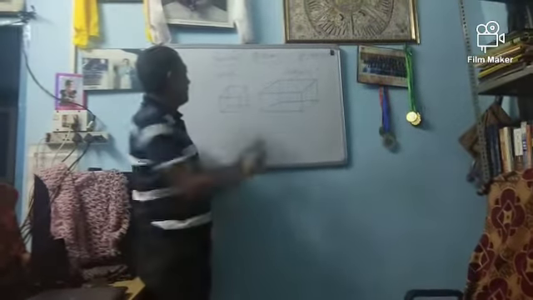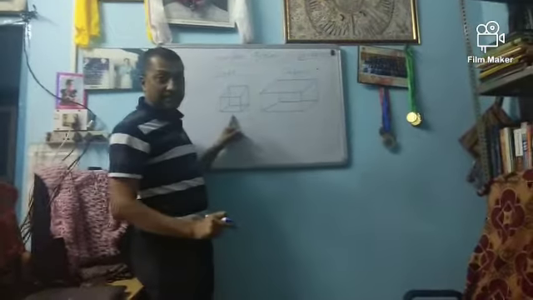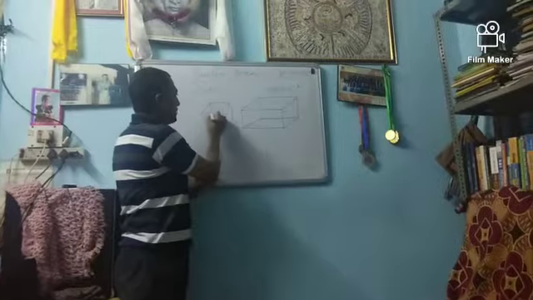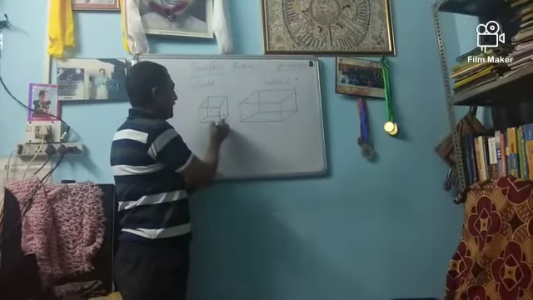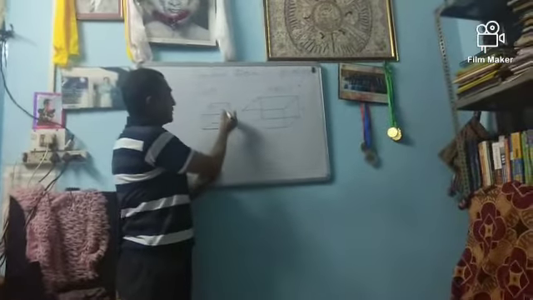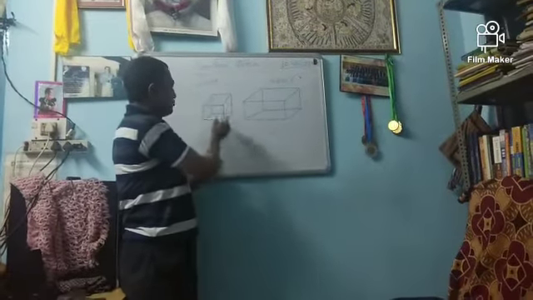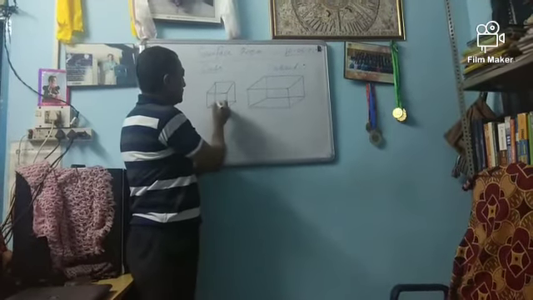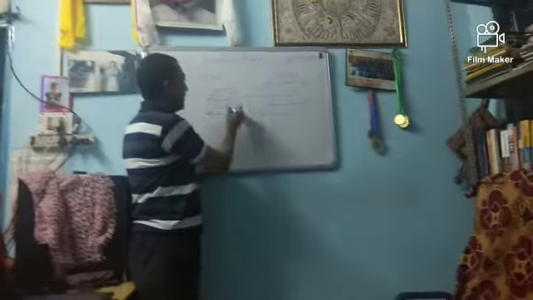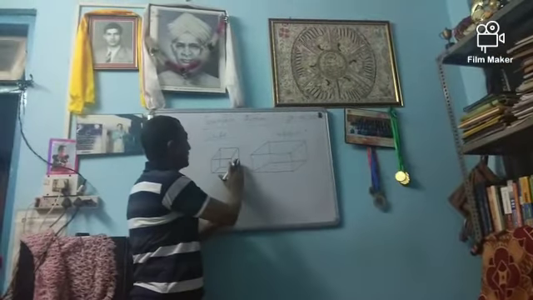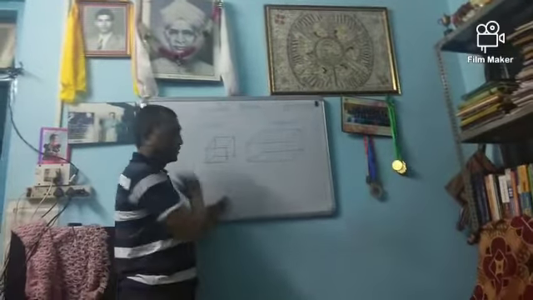When we talk about the cube, which is a three-dimensional shape, if you observe each part of the cube, it is a square shape. If you count the total faces, like see here, 1, 2, 3, 4, 5, and this whole part is 6. So the total faces are 6 in a cube.